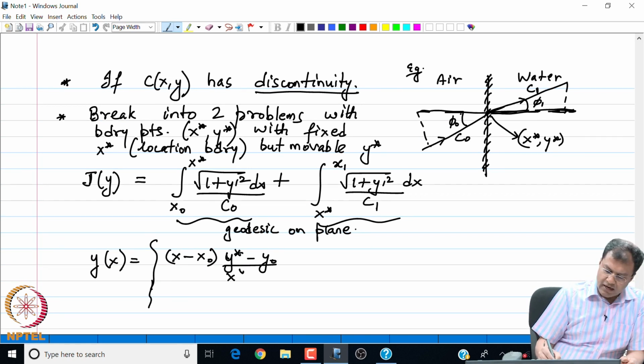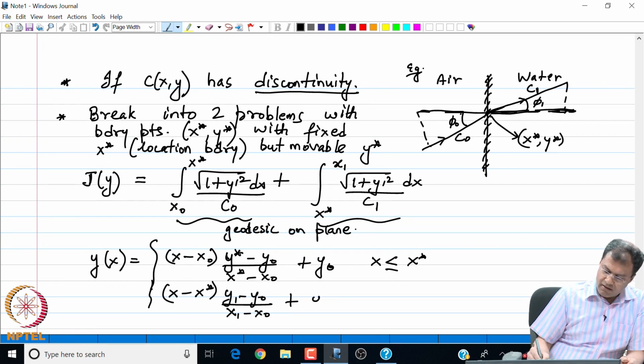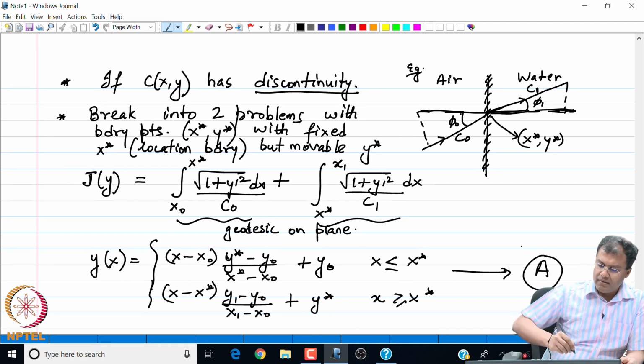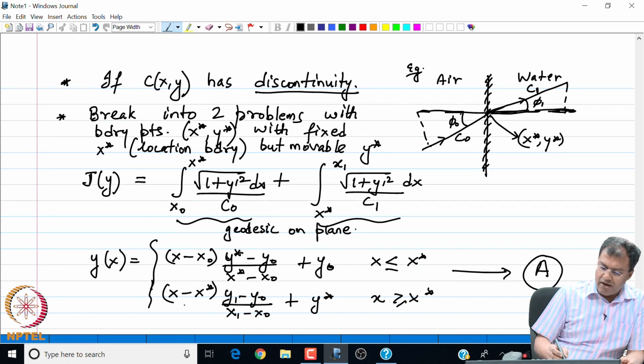So let me write the equation of the straight line. For x less than or equal to x star, y is given by the line through x naught, y naught and x star, y star, and for x greater than or equal to x star, by the line through x star, y star and x1, y1, and let me call this solution by an expression A. So notice now we have completely fixed x naught, y naught, x1, y1, x star; these are all fixed quantities, except now we have just one variable y star,